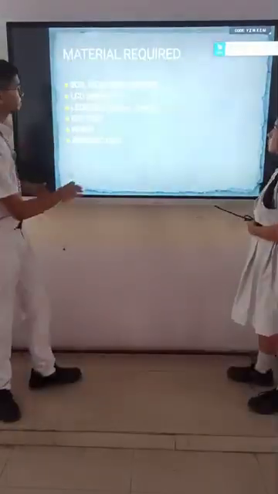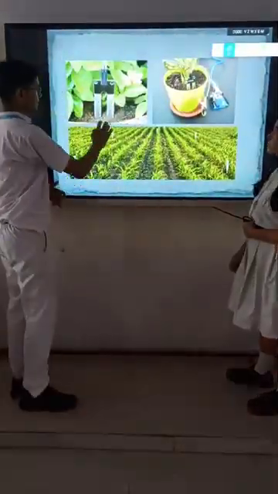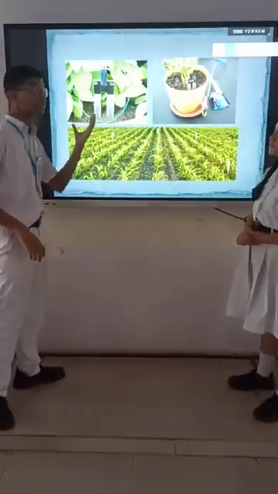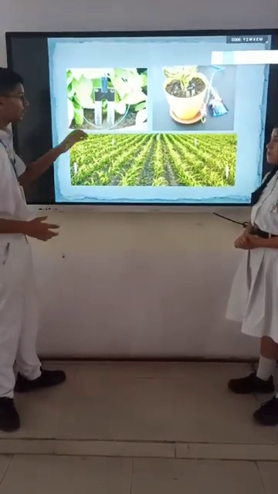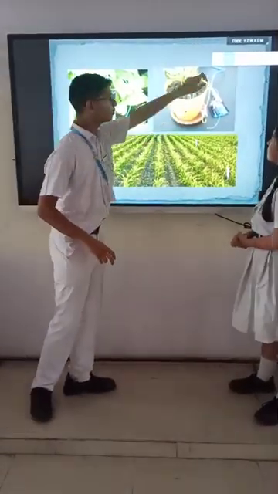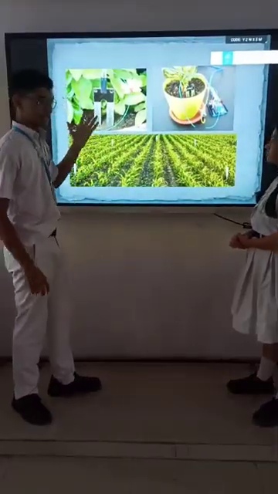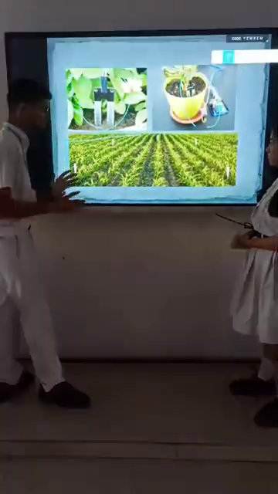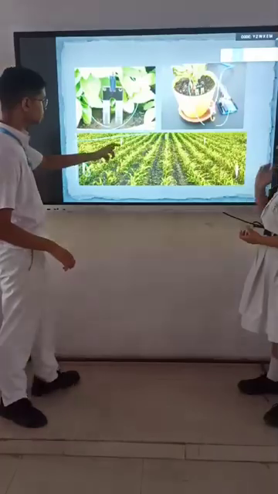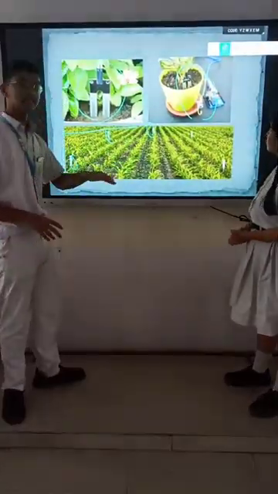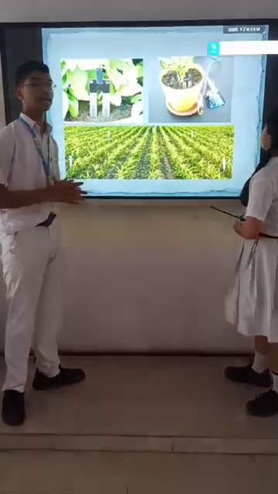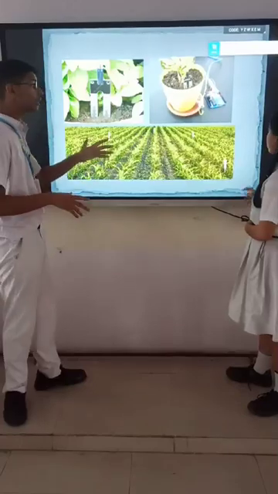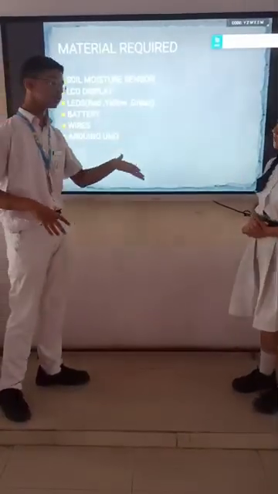So now, this is the soil moisture sensor, which is pierced into the soil for recognizing the moisture content in the soil, and this is the circuit where this sensor is put, and this is the field. How will the field look? So here different soil moisture sensors are fitted for detecting the moisture content, and this will help in saving the water, which can be used for other things. Also it will help in preventing the spoilage of the crops.